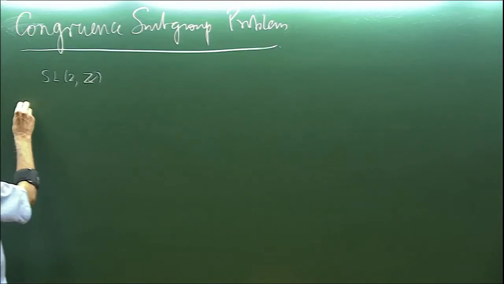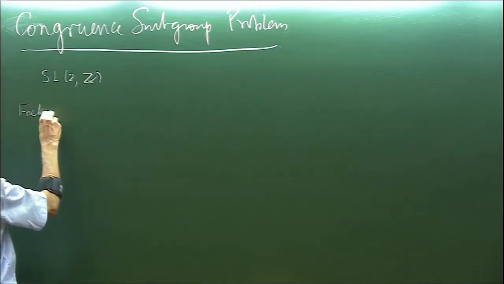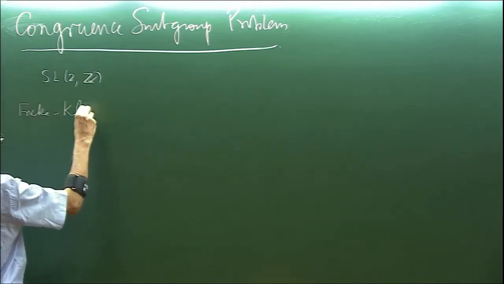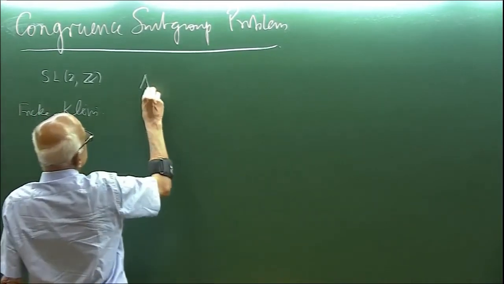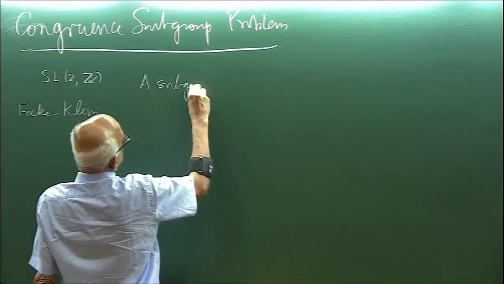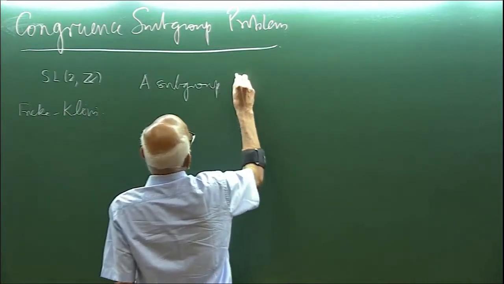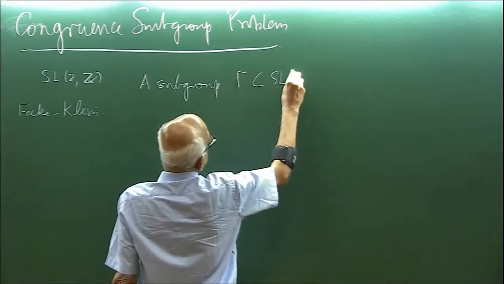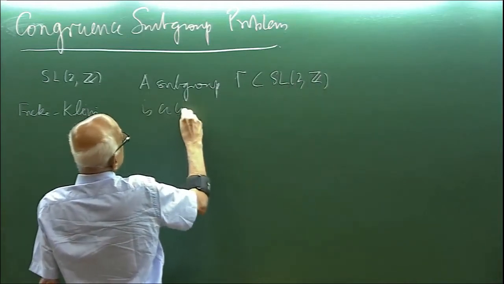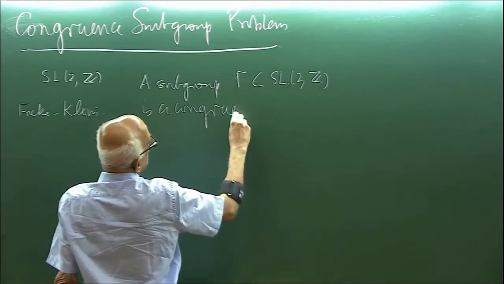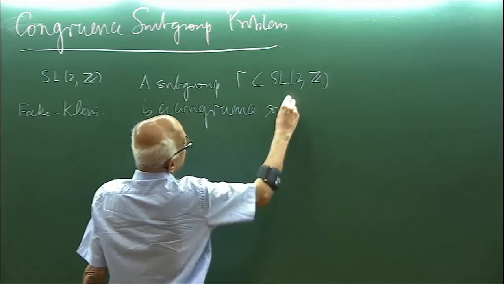Fricke and Klein discovered that SL2Z has certain subgroups of finite index other than standard ones. What do I mean by standard ones? A subgroup gamma of SL2Z is a congruence subgroup